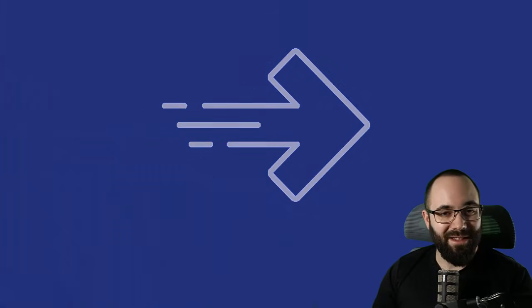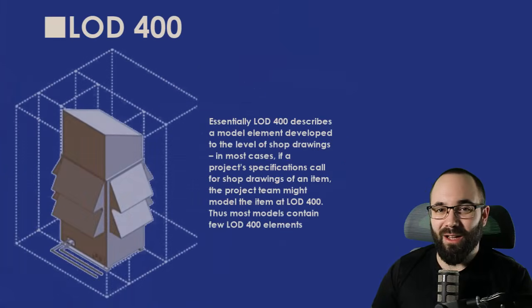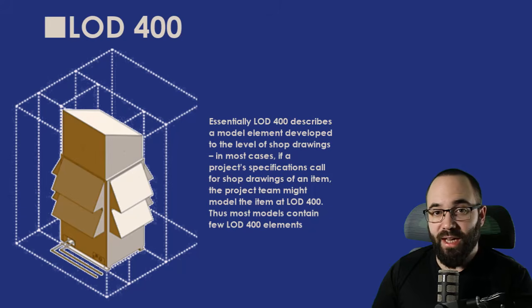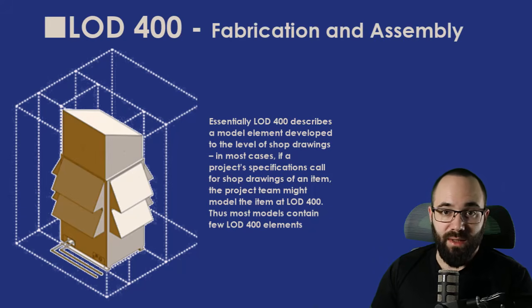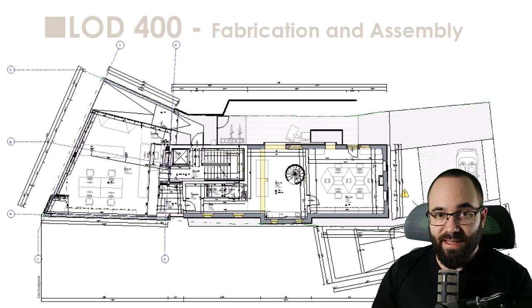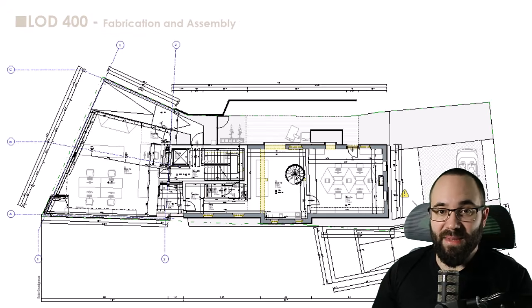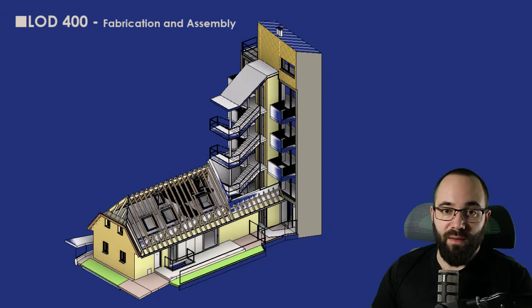Moving on, yes, there is more. Next, we have LOD 400, which is Fabrication and Assembly. This includes detailed models with specific assemblies and connections suitable for fabrication and assembly processes. LOD 400 represents an advanced stage in building information modeling, or BIM, where the model is specifically tailored for fabrication